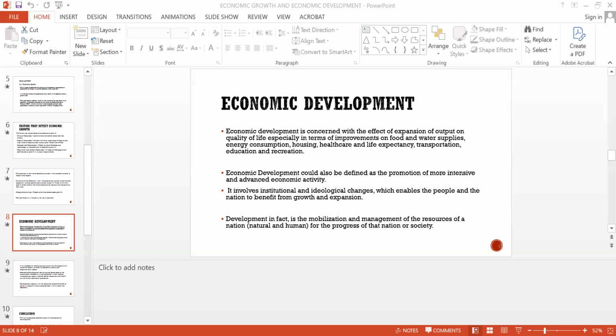All right, so there can be economic growth without it translating into economic development. That is the point I'm trying to make. So you can have increased foreign reserve, balance of trade. You can have GDP increase by whatever percent, but it might not translate into economic development. That's exactly the point that I'm trying to generate in this discussion.